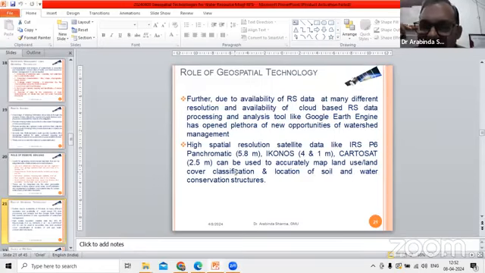जैसे मैं एग्जांपल में यहाँ लिखा हूँ, सपोज IRS P6 एक सैटेलाइट है इंडिया का, रिसोर्स सेट सैटेलाइट, इसरो का है। उसके पास एक पैंक्रोमैटिक कैमरा है, जो 5.8 मीटर रिजोल्यूशन में डाटा को कैप्चर करते हैं। आइकोनोस इंडिया का नहीं है, जो कि 4 मीटर और 1 मीटर में कैप्चर करता है। इंडिया का एक और सैटेलाइट है, कार्टोसैट सीरीज ऑफ सैटेलाइट, नाम सुना होगा आप लोगों ने शायद। ये 2.5 मीटर का पुराना डाटा है। अदरवाइज सब मीटर में भी, यानी 0.7, 0.8 मीटर रिजोल्यूशन में भी डाटा कैप्चर कर रहा है। कार्टोसैट इंडिया का सैटेलाइट है।